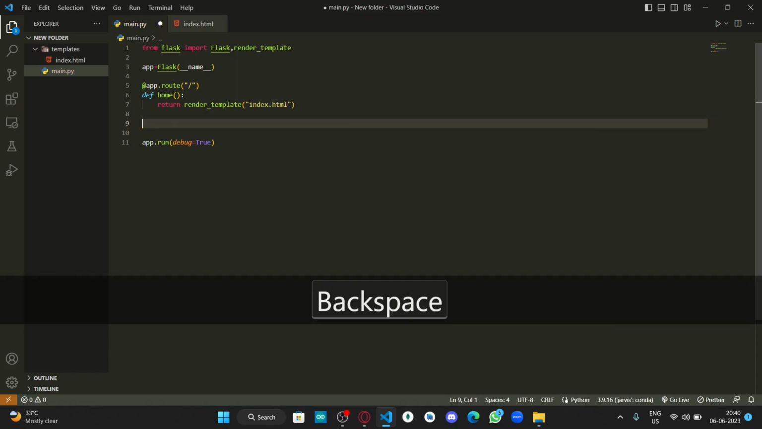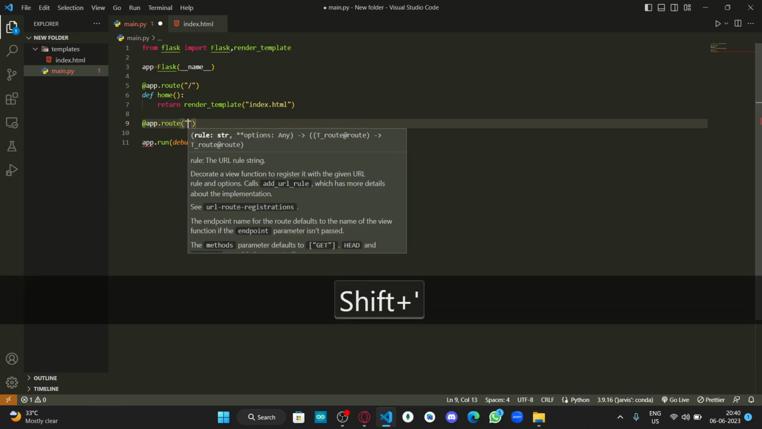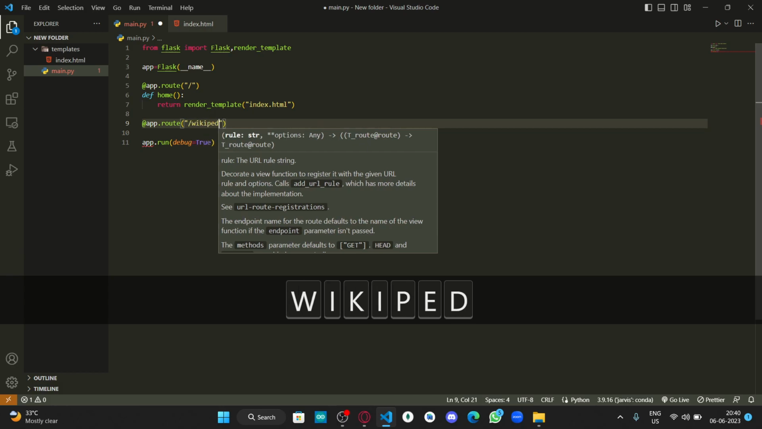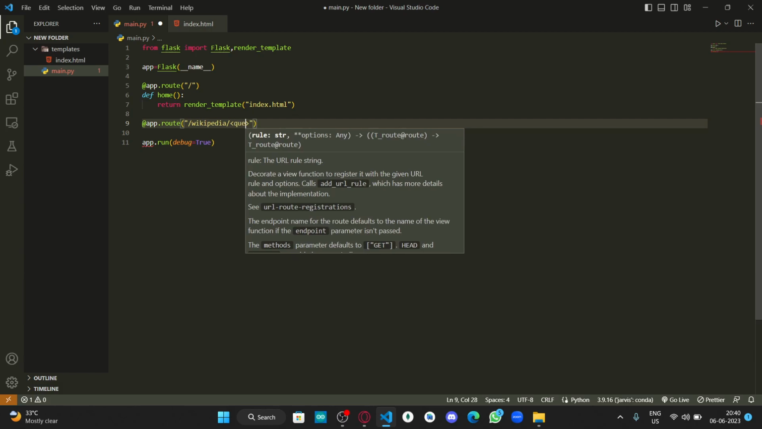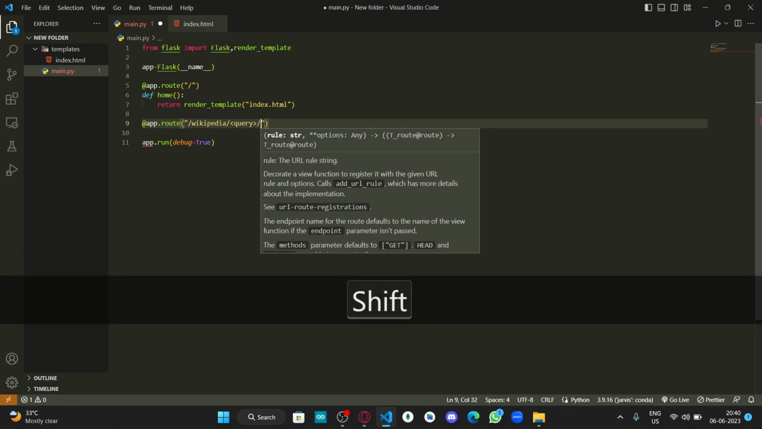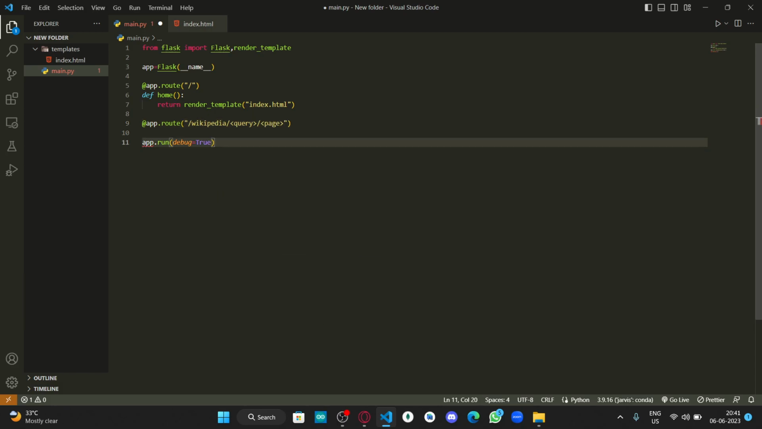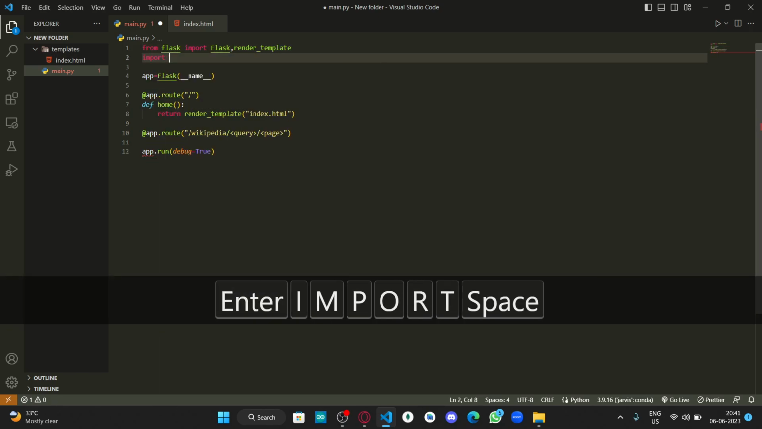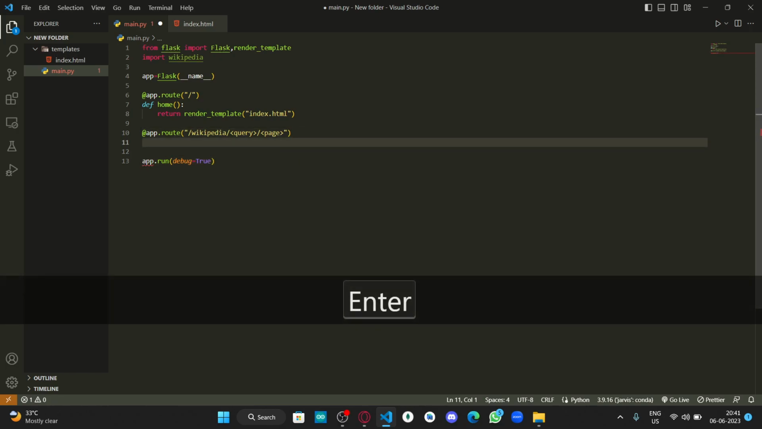I'll create one more endpoint, app.route, and then a slash, then Wikipedia, then I'll write here query, query, then page. So just be with me for some time, then you'll understand what I'm doing. I'll import wikipedia, and then I'll write def